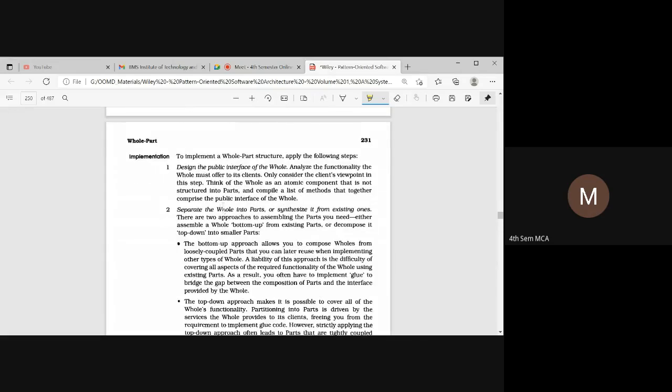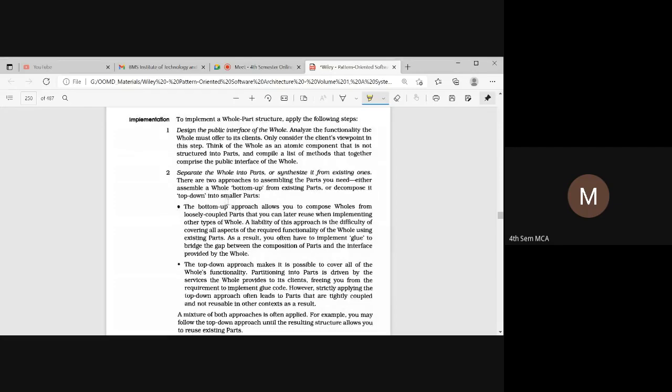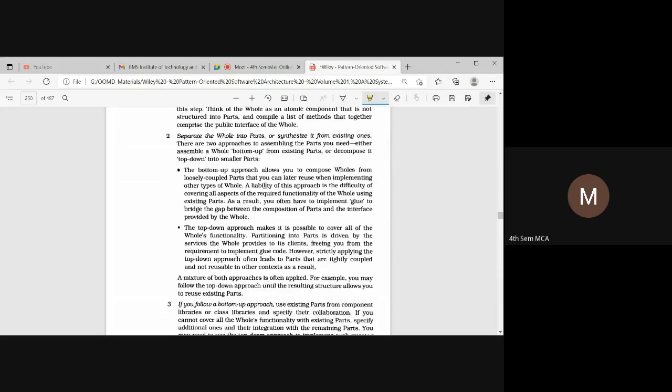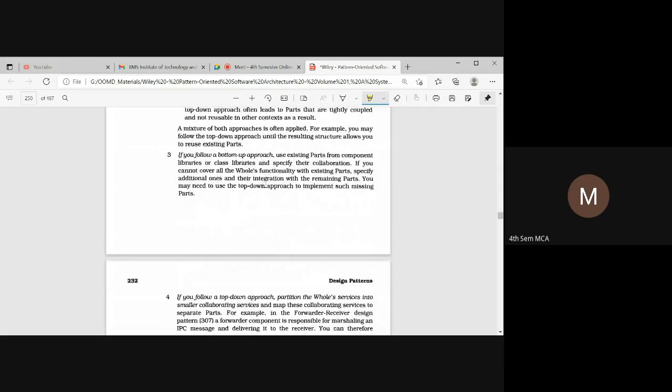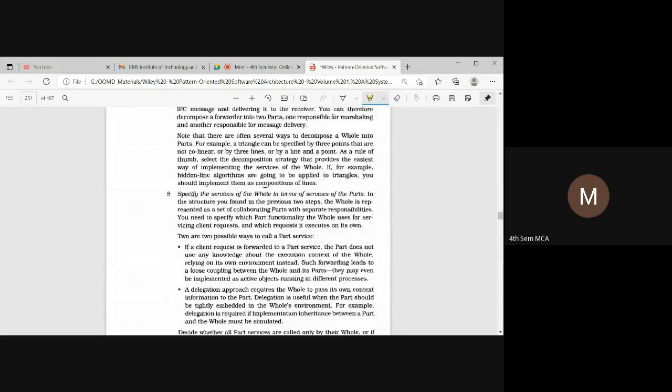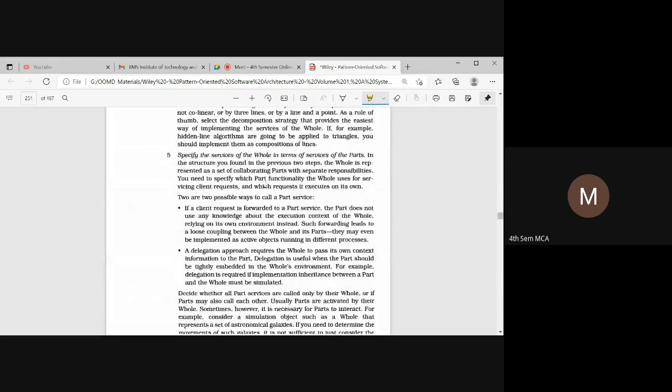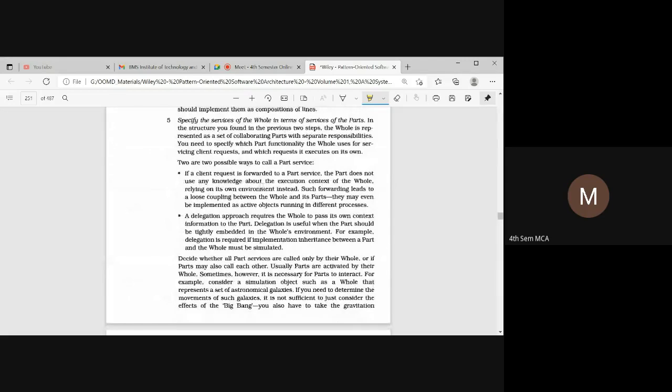So we have an implementation for a whole and a part, where we have an interface of the whole, and we are taking separate parts. We need to identify the implementation of the parts and the implementation of the whole, where we are using a top-down approach and a bottom-up approach, and we need to specify what are the different services that have to be provided as part services and as whole services.